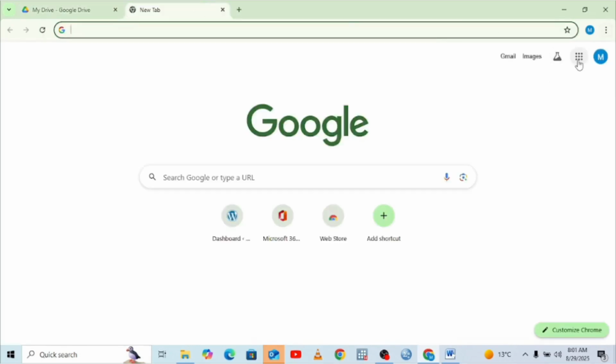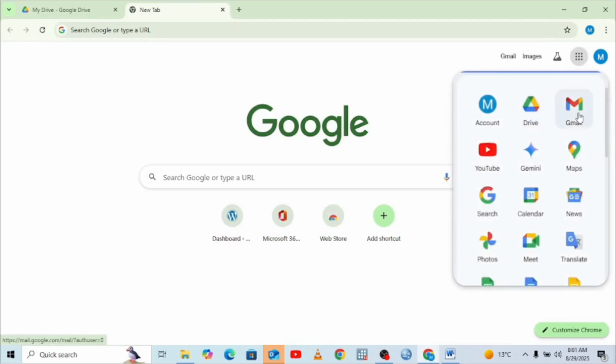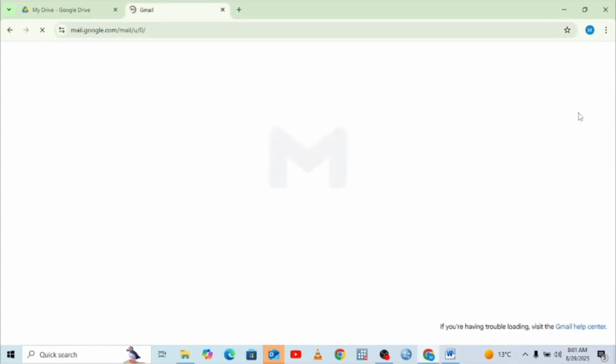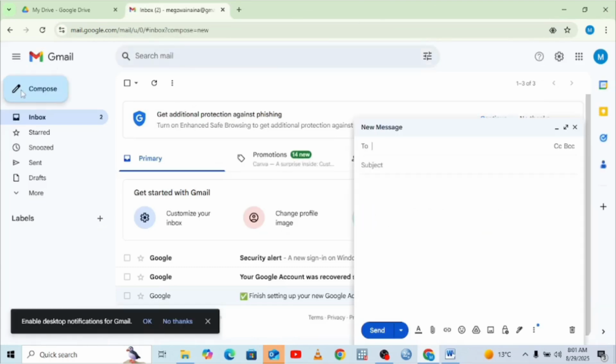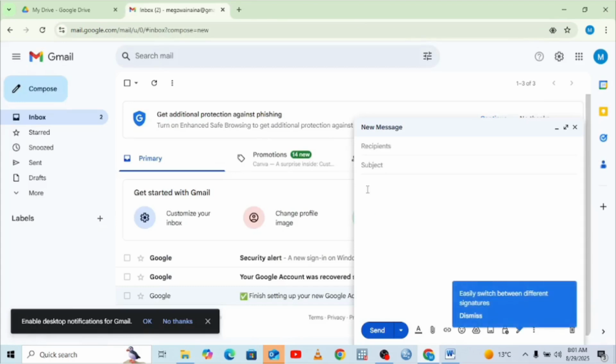Maybe we can try using the email. So let me log into my email and show you. I can try and compose an email and then paste it here. When you come here, you just click above this one and paste, and then name it as it was a Word setup. You can name it as the Word